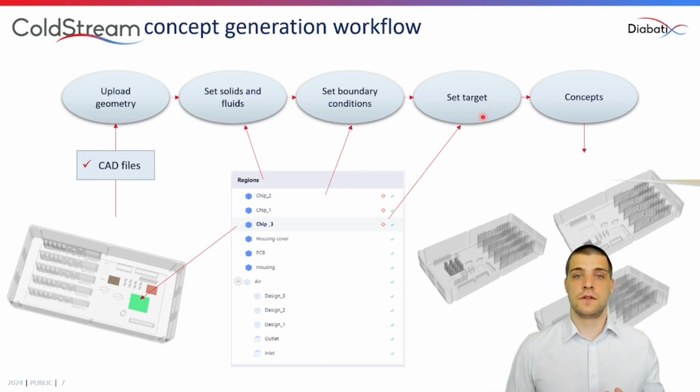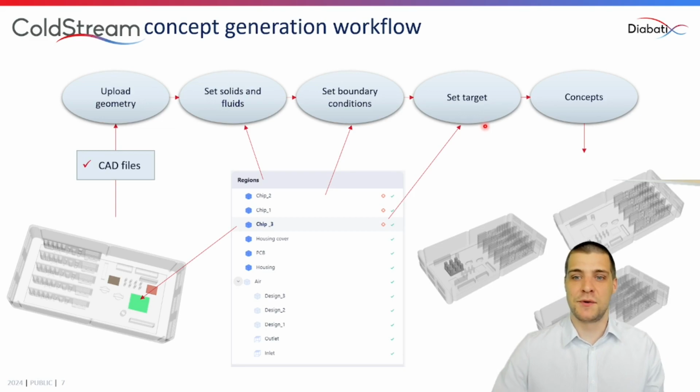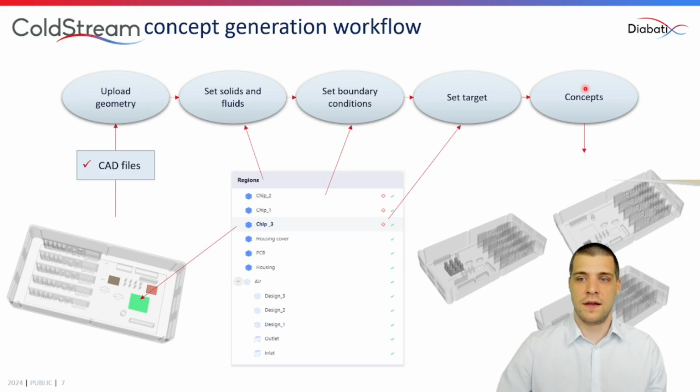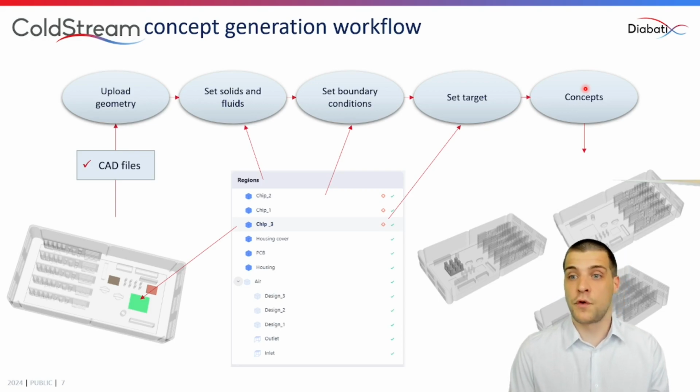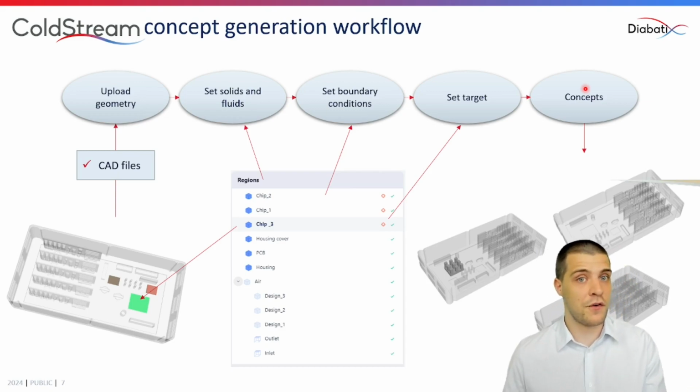Next, you set the targets. That lets ColdStream know what to optimize for, be it maximizing heat exchange efficiency, minimizing the weight, or if you have any flow problems, you can maximize or minimize the viscous losses. That's something I'll leave up to you. What makes the most sense for this case, of course, is to maximize heat exchange efficiency. And lastly, within the concept generation stage, you have to let ColdStream know what kind of concepts can be considered. Are pins and fins your sole option, or can you allow for TPMS structures like gyroids, or lidinoids, or Schwarz elements? That's the last thing that you give